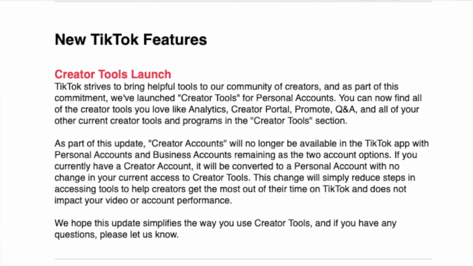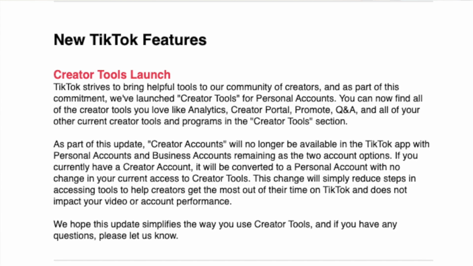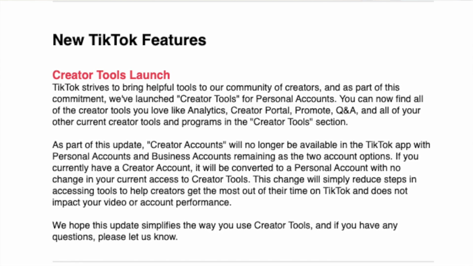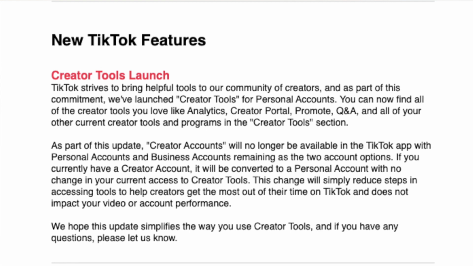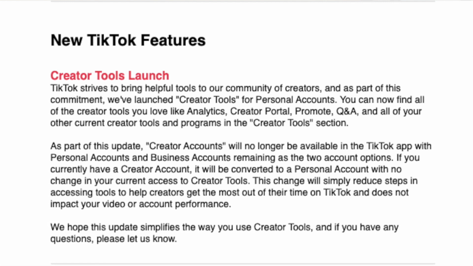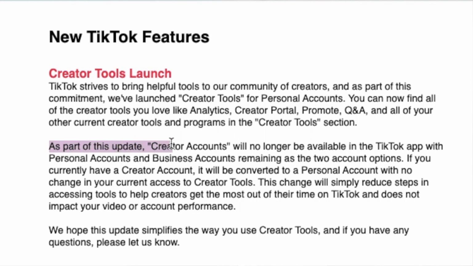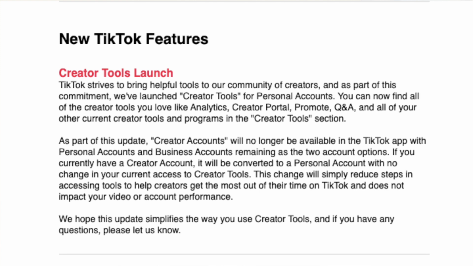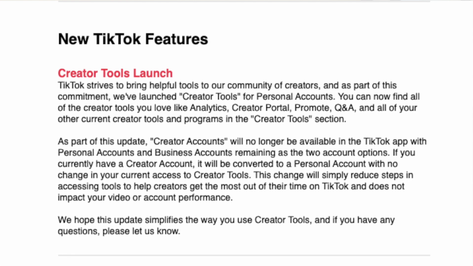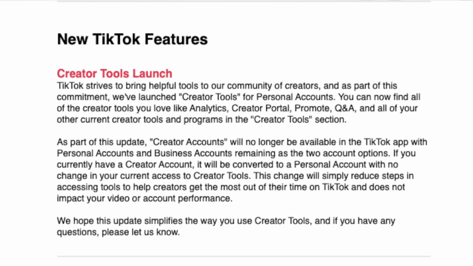You can now find all of the creator tools you love, like Analytics, Creator Portal, Promote, Q&A, and all of your other current creator tools and programs in the Creator Tools section. As part of this update, creator accounts will no longer be available in the TikTok app, with personal accounts and business accounts remaining as the two account options. If you currently have a creator account, it will be converted to a personal account with no change in your current access to creator tools.